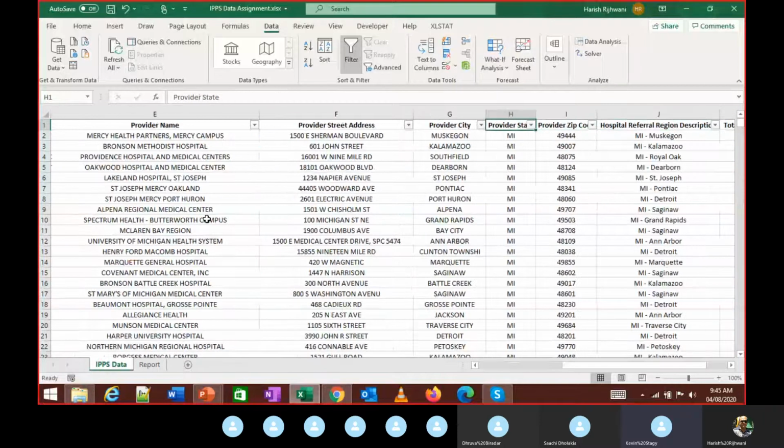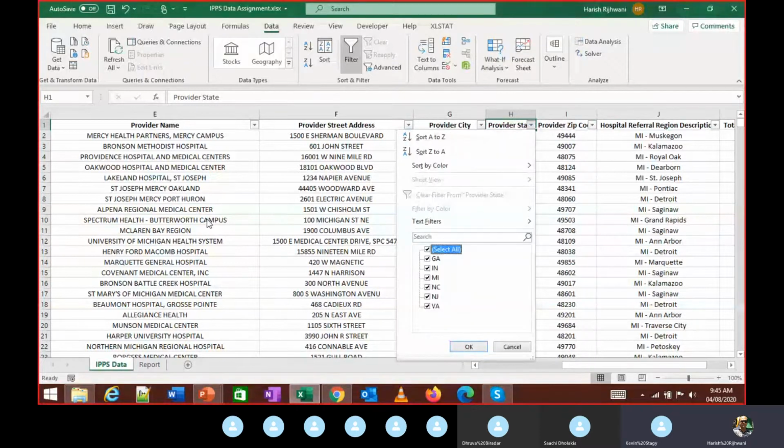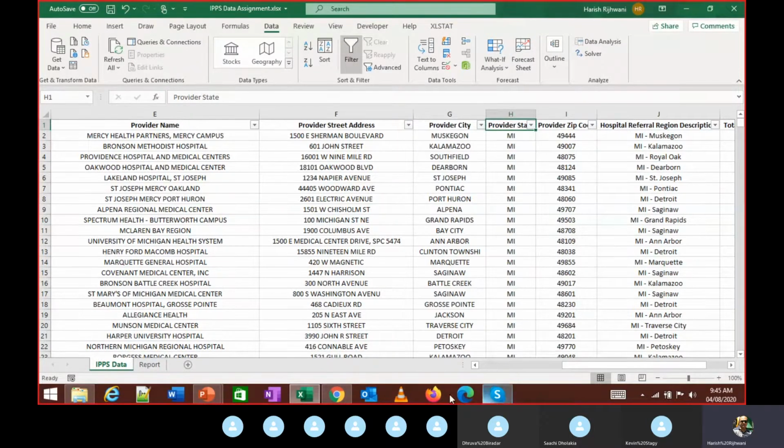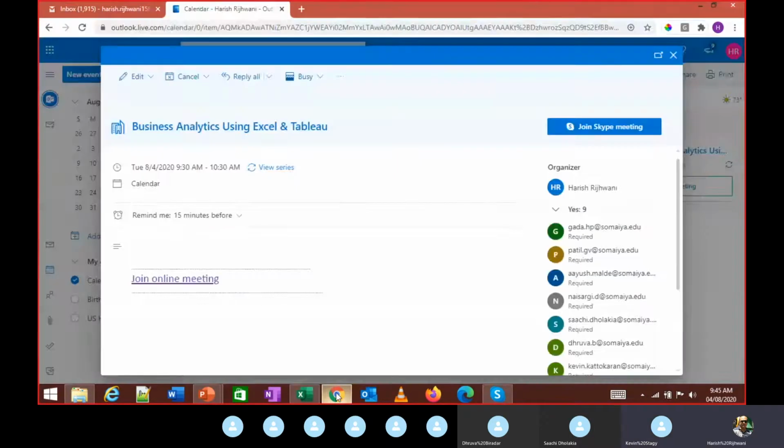That is the state. It is a 2-character code. This is US specific data. So here IN would be Indiana, MI would be Mississippi, I'm assuming. NC is North Carolina, NJ is New Jersey. VA is probably, I'll have to look that up. So let's look at that.